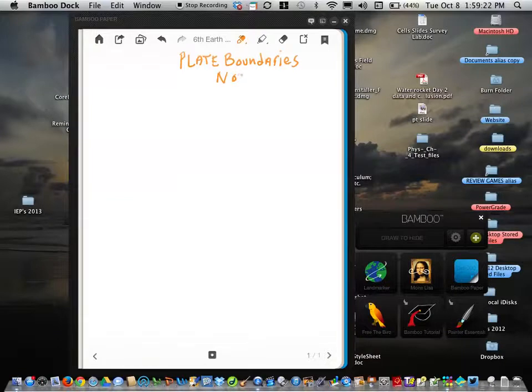And we're going to call this notes. And in your notes, always put the date. So today is 10/8/2013. So the first type of plate boundary is called divergent. Divergent. I'd like you to write this down as I write it down. In your textbook, it talks about divergent boundaries, and